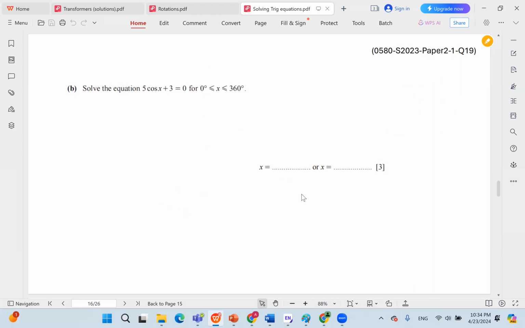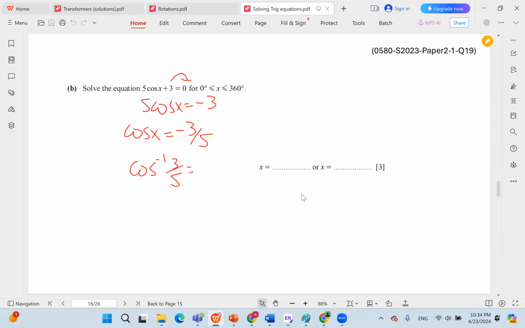Here we have 5 cosine x plus 3 equals 0. So first we isolate the cosine x. We take the 3 to the other side. We get 5 cosine x equals negative 3. We divide by 5 on both sides. So cosine x equals negative 3/5. So we do shift cosine positive 3/5. And this gets us on the calculator